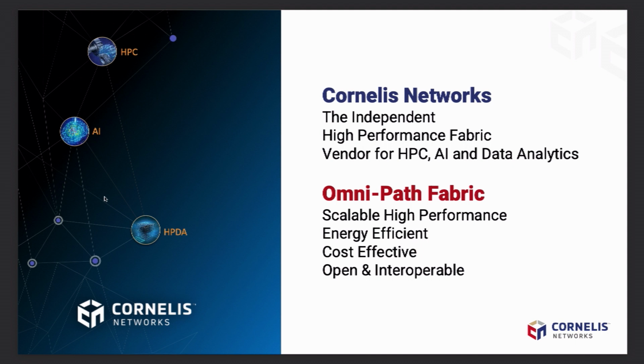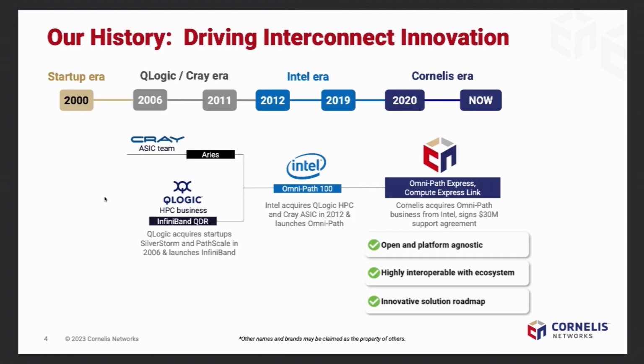And we are a scalable high-performance fabric. We are really focused on HPC, not necessarily on data centers and clouds, but of course we could theoretically work there. But HPC, latency and performance is really our main focus. So who are we? Basically, we are a new name in the game, but we are not really a new company. Most of the people in our company have been working in the field for 20